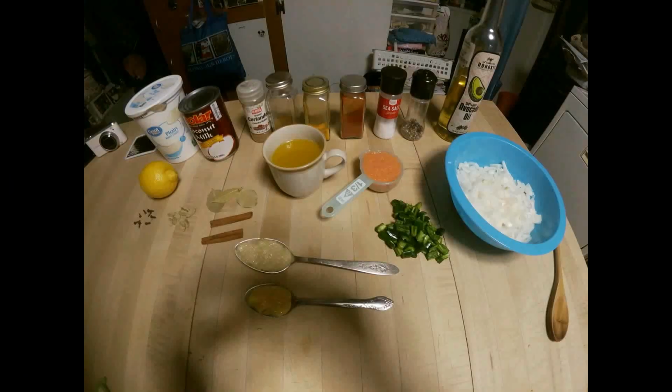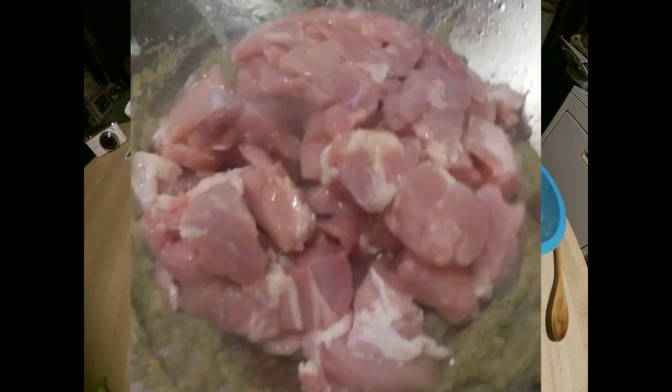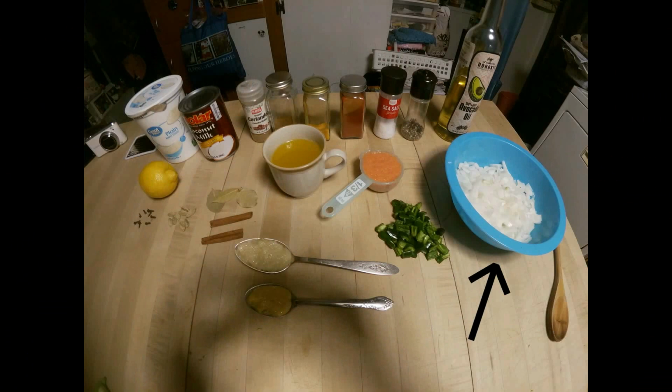Okay, now on to the actual recipe. So, for this recipe, you'll need about 2 pounds of boneless, skinless chicken thighs cut into bite-sized pieces, 1 large white onion chopped or diced, 3 green chili peppers seeded and diced according to your heat tolerance, I chose serranos, 1/3 cup tomato paste or puree, I'm using puree, 6 crushed garlic cloves or 1 tablespoon garlic paste,